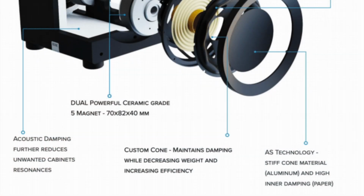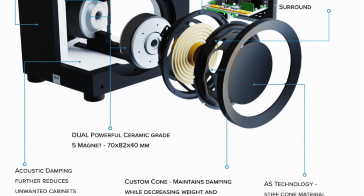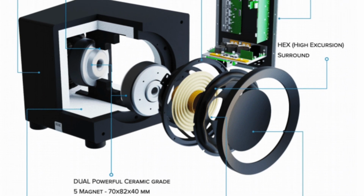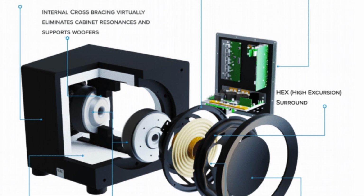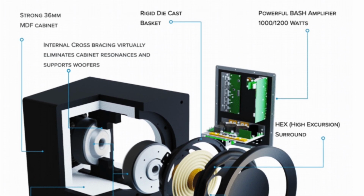And finally, there's the dual reference series. There are two in this lineup. There's the DS1000GB at €2,499, or there's the DS1200GB at €2,799. These models feature two drivers with hex technology, which are installed opposite to one another in an impulse compensated